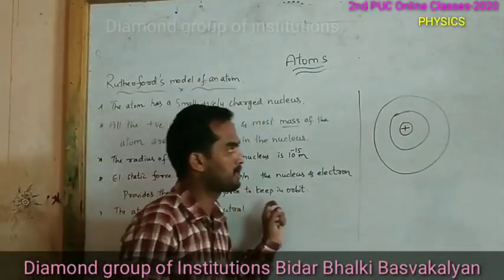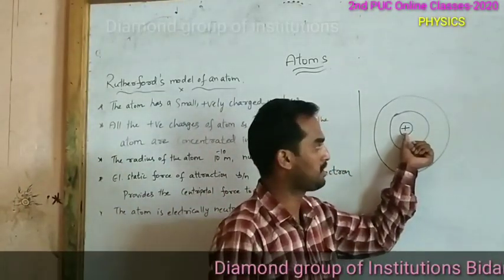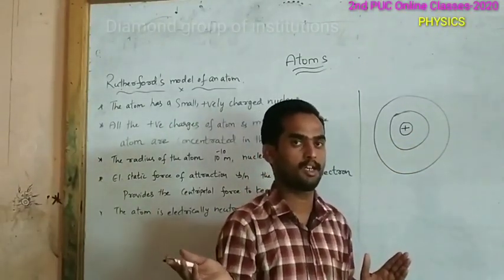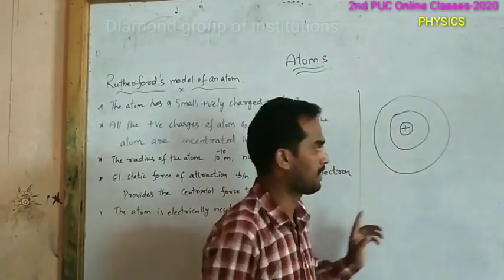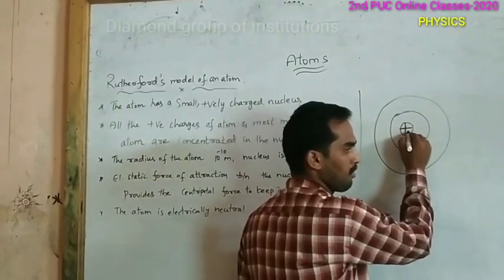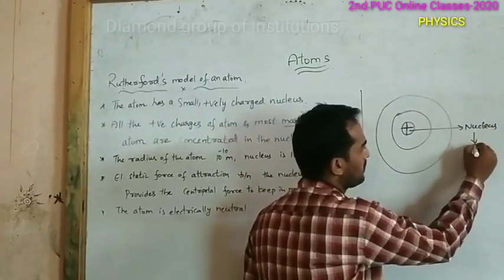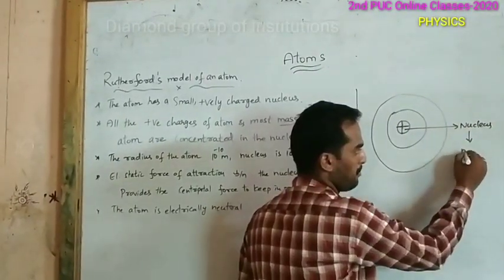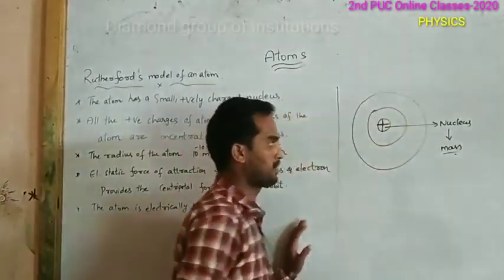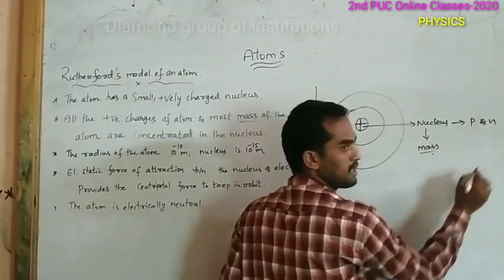Regarding Rutherford, always remember, you should highlight the point nucleus. See the diagram. Just now we discussed the difference between the old J.J. Thomson model structure and the Rutherford model structure. See here, the complete positive charge is present at the center, called the nucleus, and the charge and the mass of an atom completely depend on the nucleus, because remember, the nucleus consists of both protons as well as neutrons.